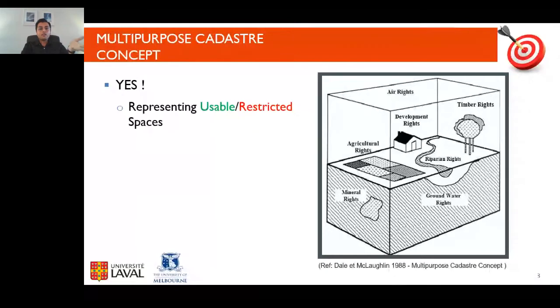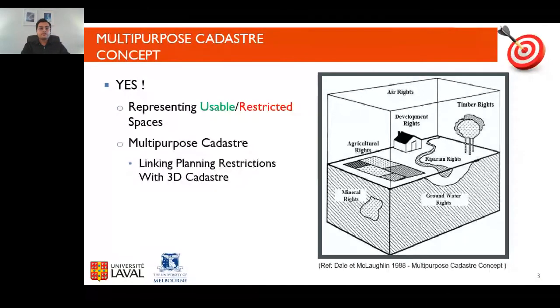But there are some restrictions that make a land parcel to be developed only on a specific space that we call today usable space. We think we can link planning restrictions with 3D Cadastre so that we can get one step closer to having a larger land use information system called multi-purpose cadastre, which is not a new concept in this domain. In such a system, not only cadastral purposes, but also others like planning purposes can be integrated.